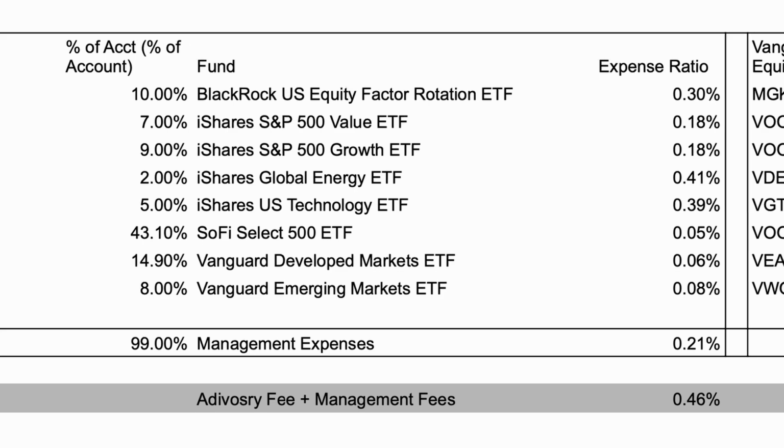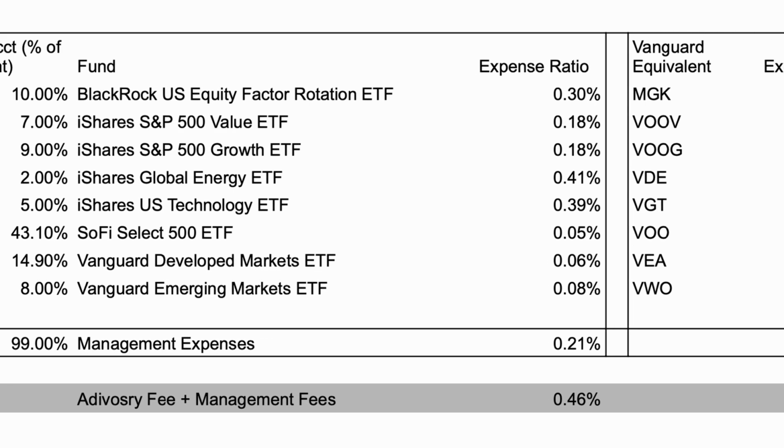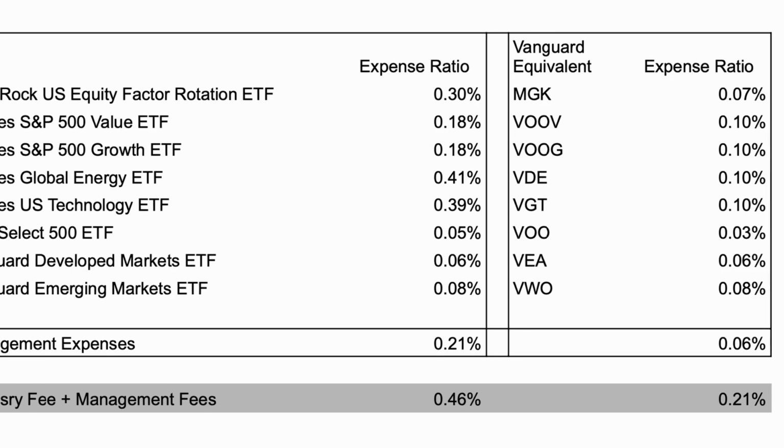When you're talking about the S&P 500 ETF only charging 0.03% as a management fee, that is about 1/10 the cost of the advisory fee that you're paying here. And you can really easily achieve this portfolio without it. So again, the robo-advisor is good if you don't want to have to think about it at all, but you can save yourself some fees, and by saving fees, you can increase your performance over time by just buying the ETFs outright. As I did with Schwab's Intelligent Portfolio, I also looked at the underlying expense ratios for this portfolio. And in the same way that I didn't love how expensive the ETFs that Schwab put me in were, I also have a similar gripe with